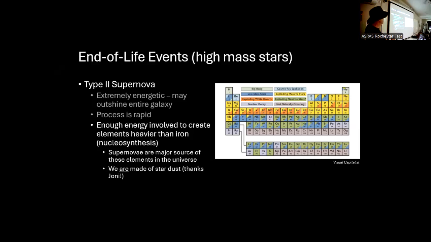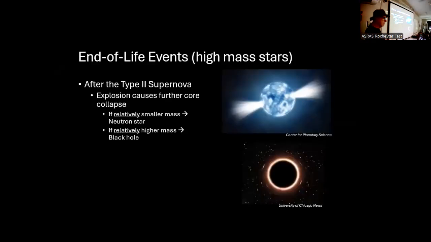So this is a periodic table that shows where most of these elements came from. The green ones are from the Big Bang. The yellow and blue ones are from lower mass stars, and all of these other colors are from exploding white dwarfs, the type 1A supernova, and exploding massive stars, the type 2 supernova. So all these heavier elements come from supernovae. You wouldn't have those if it wasn't for supernovae. As Joni Mitchell and Crosby, Stills, and Nash said, we are stardust. Most of us, other than parts that are iron or less heavy, are from stars.